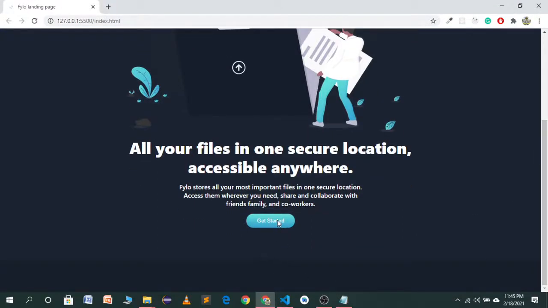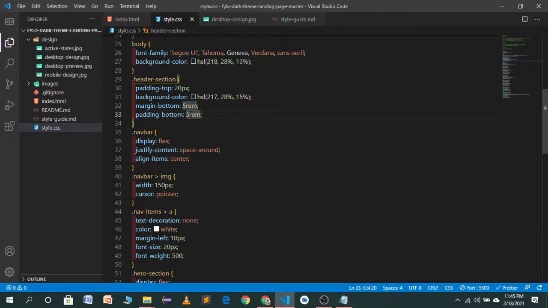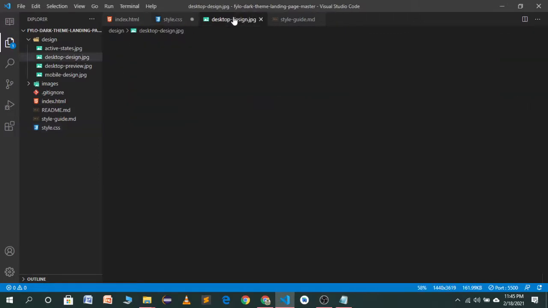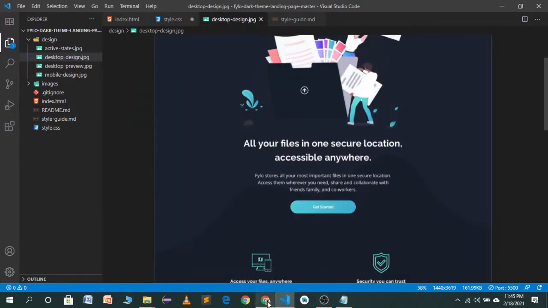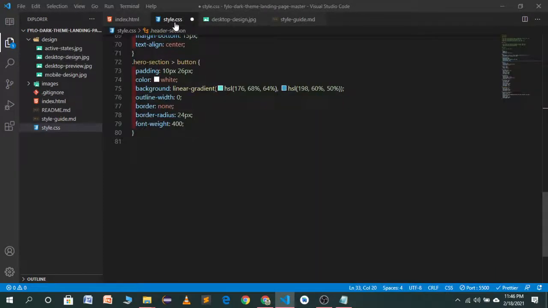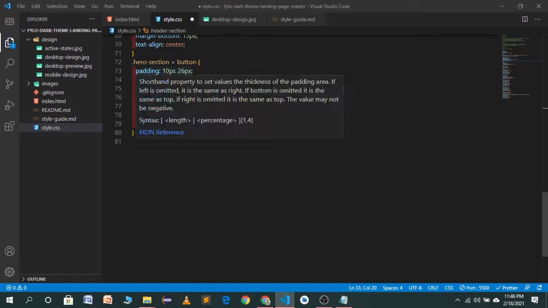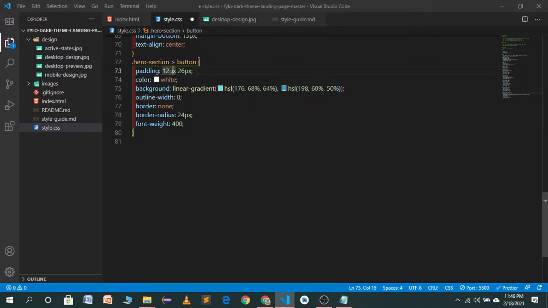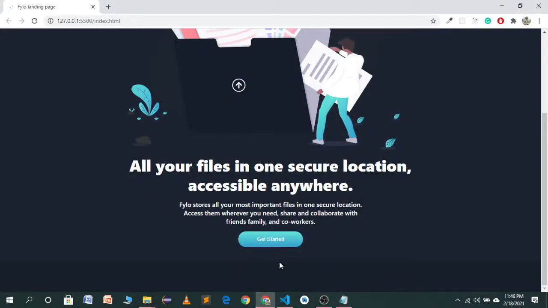But we also want to increase our button size. So let's set it as 2 rem. Now target the button. As you will see here, the button size is greater as compared to our button size, so we have to increase the padding from left and right. So go to our CSS file, top and bottom will be 10 pixel, let's give it 12, and right and left will be, let's try a bigger value. And now you will see it has changed completely.